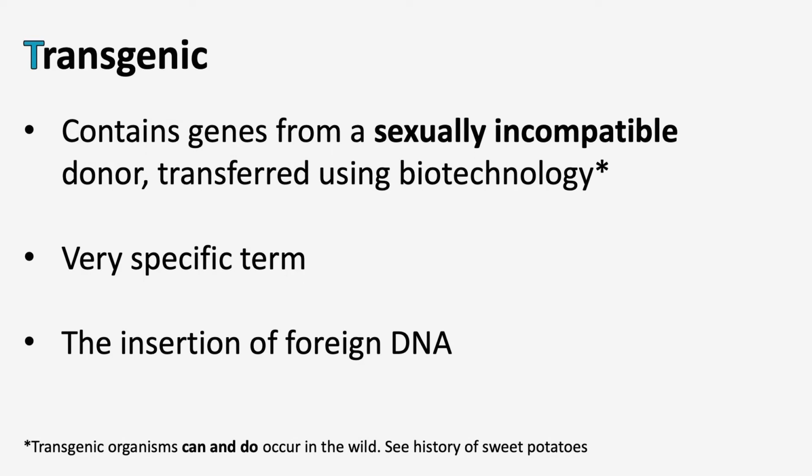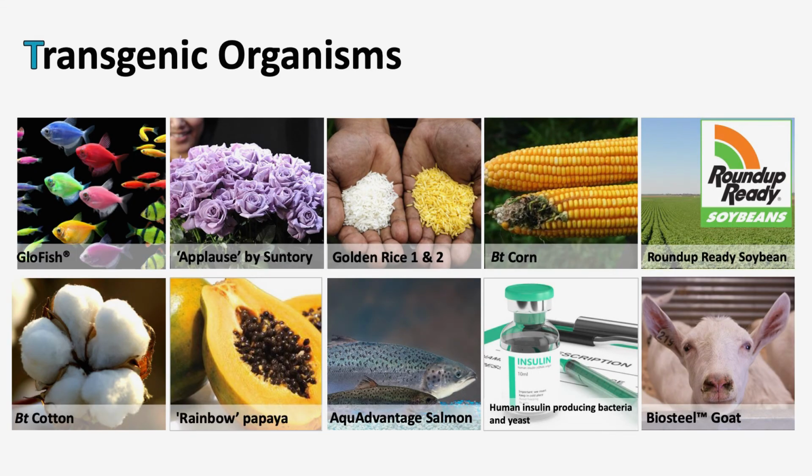Well, then let's talk about transgenic and cisgenic. So a transgenic organism, scientists like to use the word transgenic because it's highly specific. It immediately tells you this organism in question contains genes from an unrelated species, a sexually incompatible species. So I couldn't cross a cat and a dog naturally, but if I were using transgenic technology, I could move genes from the cat into the dog. And that was done when you moved the glowing genes from the jellyfish into the tobacco. Right, and so that would be a transgenic organism because it contains genes from a completely unrelated species.